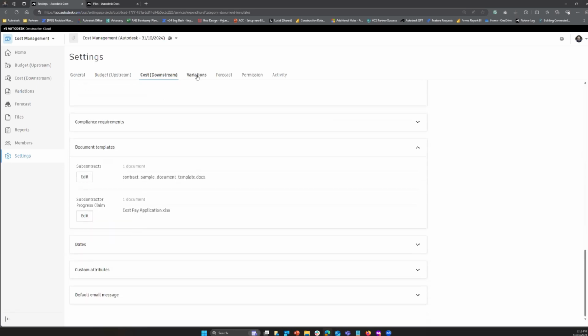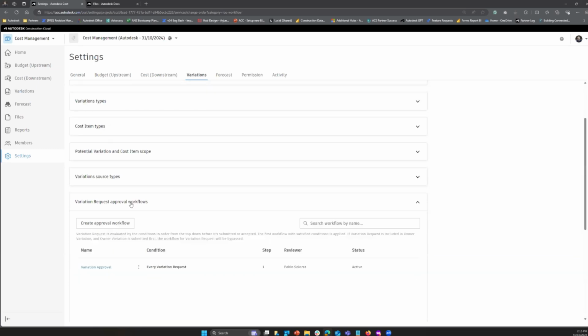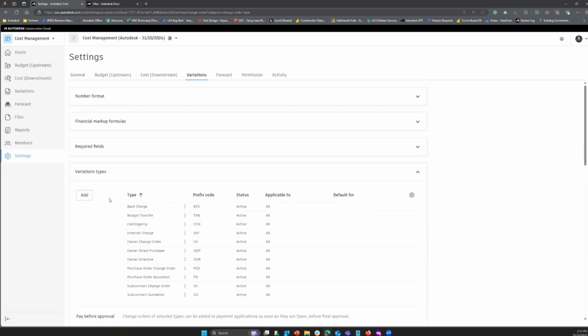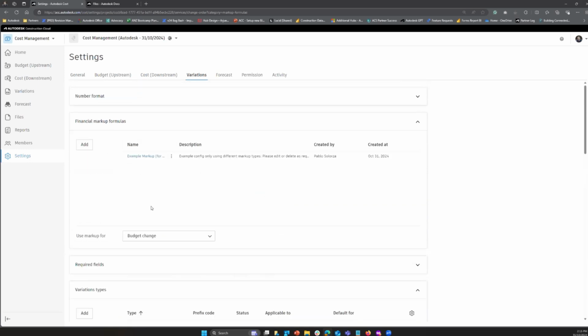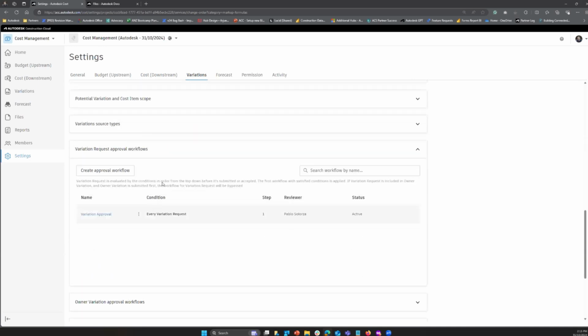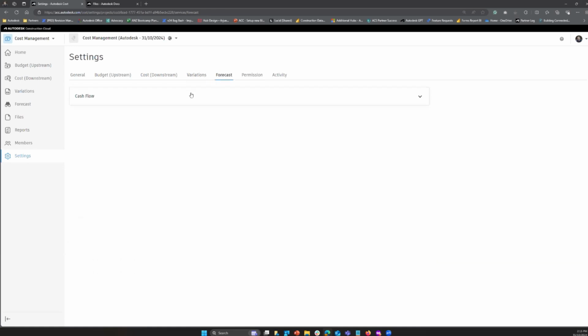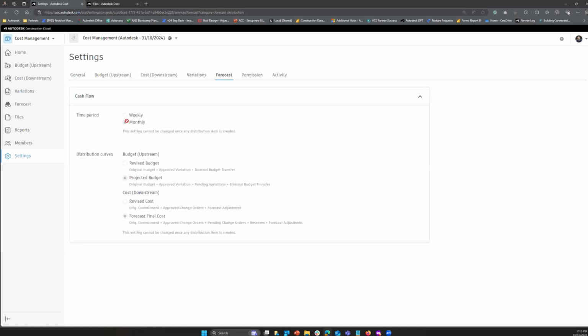Each tab will have their own approval workflows as well, which can be set up. Okay. And a lot more can be set up from the types of variations that you can accept. Okay. Markup formulas, if you want to add any markup formulas. So this platform has a plethora of configuration available to you at your fingertips to suit your requirements for any use case scenarios for your business. Okay. And also the forecasting tool, which you can modify, but it's in use, so I can't change it because